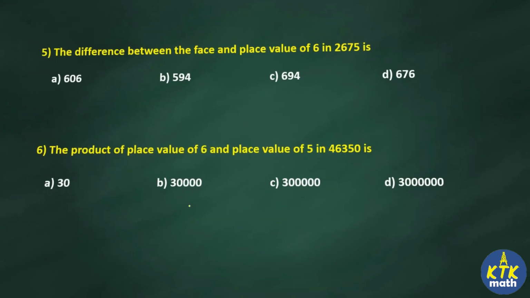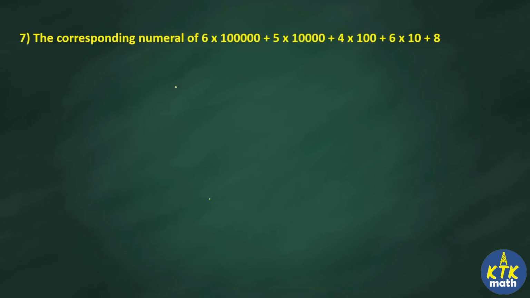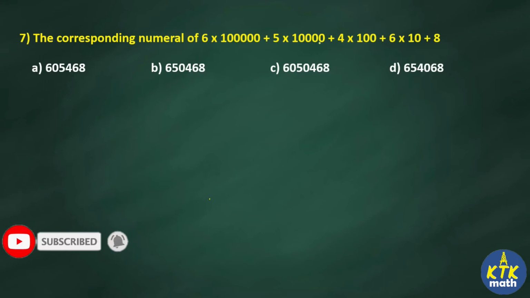Now question number 7 we will move to. In this case, the corresponding numeral. This question is exactly opposite to the question we had earlier. There the number was given and we found the expansion. Here the expanded form is given. You are going to find the respective numeral. Okay, so 6 into this number is what? Lakh. Okay, this number is lakh, and 5 into 10,000, and then 468. Okay, 468. So you just compare this with your options here.